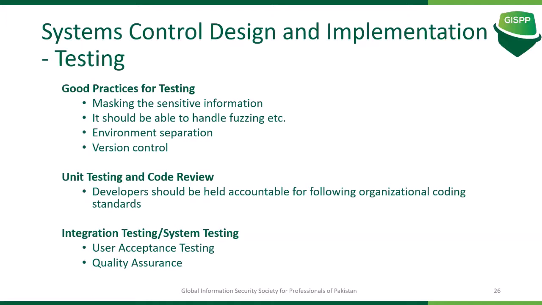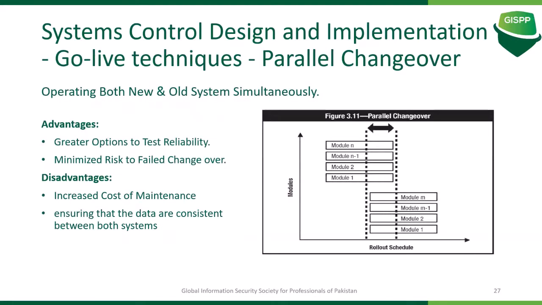So this is a very important phase. Quality assurance and user acceptance is very important. So we should always, before going to production, go from development into quality assurance and user acceptance, then we move into production. Now we are done with the final test, and after the final test has been conducted,